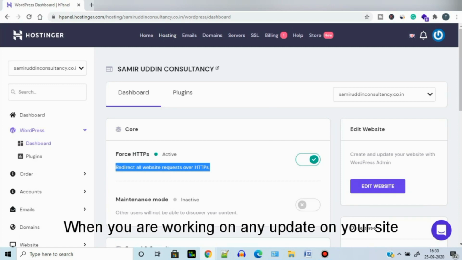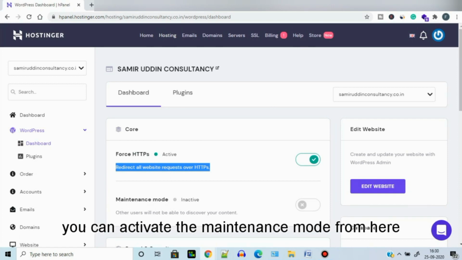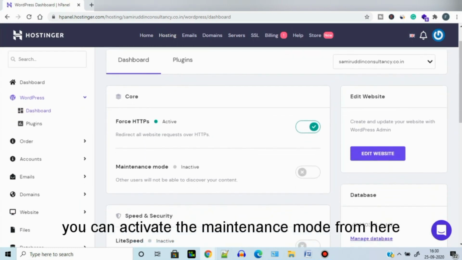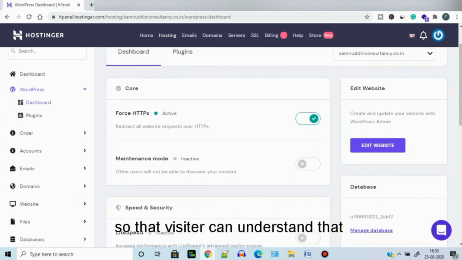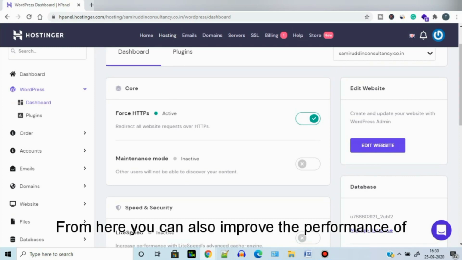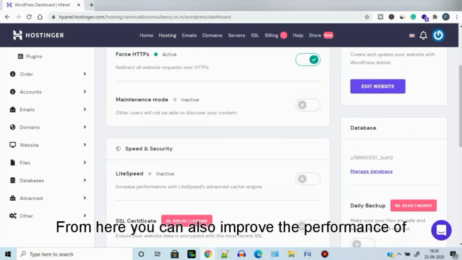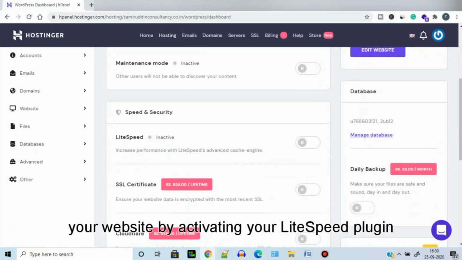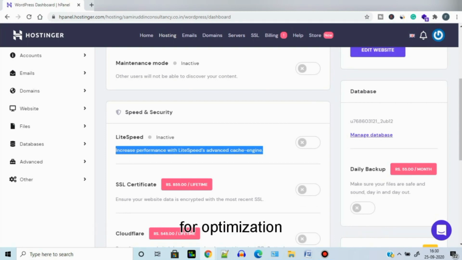Whenever you are working on an update on your site, you can activate the maintenance mode from here so that visitors can understand that the site is under construction or in maintenance mode. You can also improve the performance of your website by activating the LiteSpeed plugin for optimization.